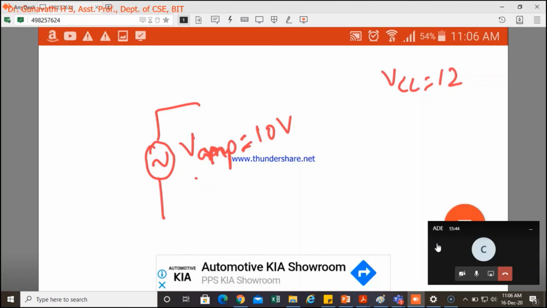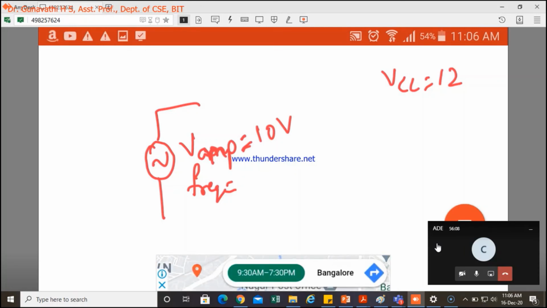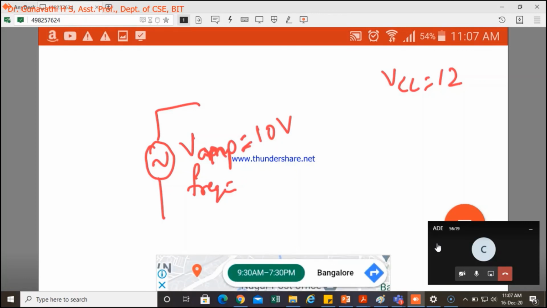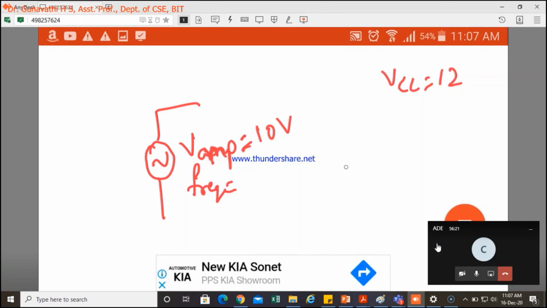Then you also need the frequency. This is a very important thing, the frequency. How much frequency can I give? There is a small change between the simulator circuit and the hardware circuit. Please note this point. If you want our op amp to operate on real hardware components, it can operate only at 1 kilohertz; less than 1 kilohertz it will not operate. When we are doing it in simulation, if you give a higher frequency, it is switching between these levels.